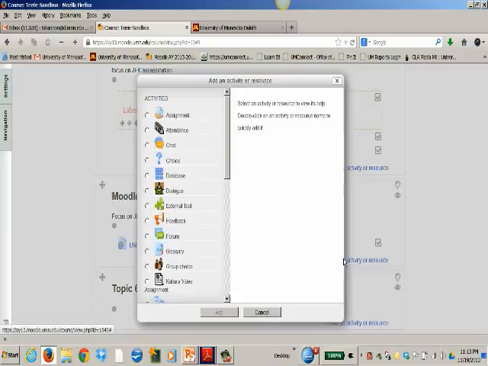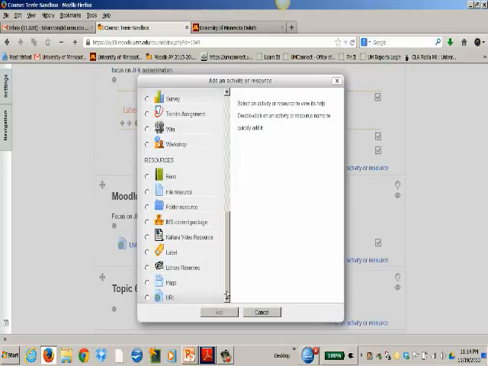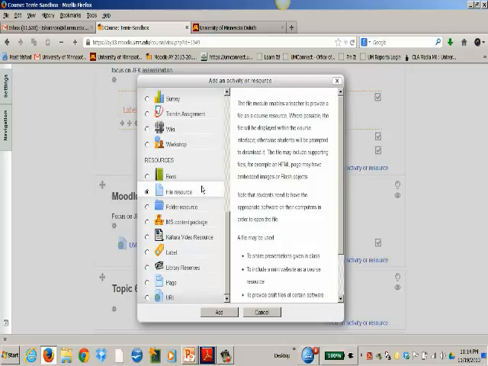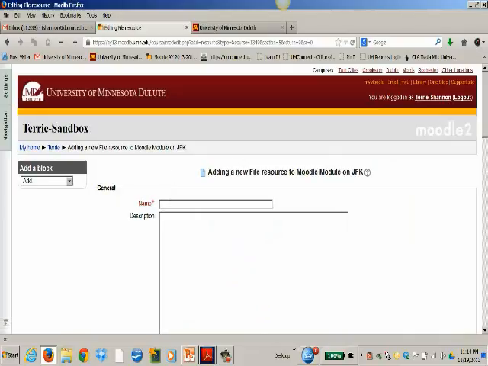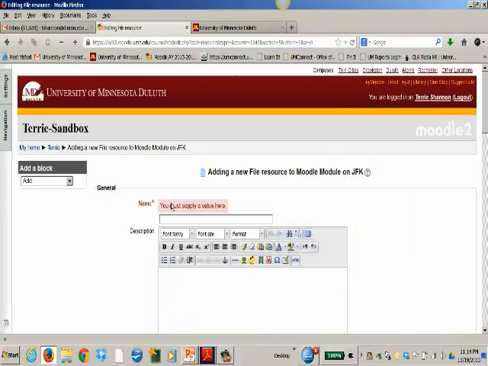So I click on Add an Activity and pull this down to a resource. That would be under a File resource. Add that. And then it brings me to a window. I'll just call this